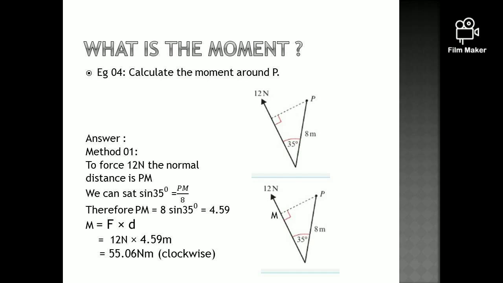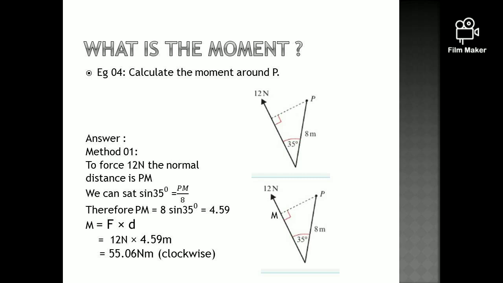So opposite over adjacent is equal to sine of the angle. Then PM divided by 8 is sine 35. With that you can say PM is equal to 8 sine 35. That value is 4.59. That means the perpendicular distance is 4.59 and the force is 12. Therefore, your final answer is